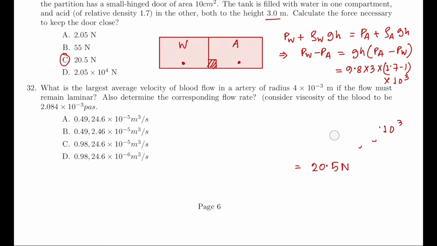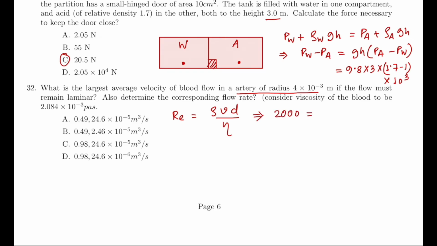What is the largest average velocity of blood flow in an artery of radius 4 into 10 to the power minus 3 meter if the flow must remain laminar? Also determine the corresponding flow rate. So as we know, the Reynolds number is the density of the fluid times the velocity times the diameter divided by viscosity. So for laminar flow, Reynolds number is 2000,